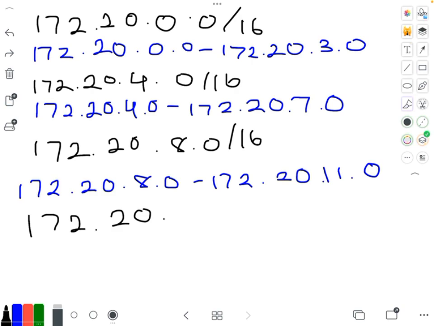Our last subnet is going to be 172.20.12.0, and it's going to be /22, and the range is going to be